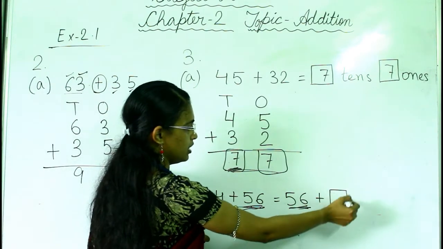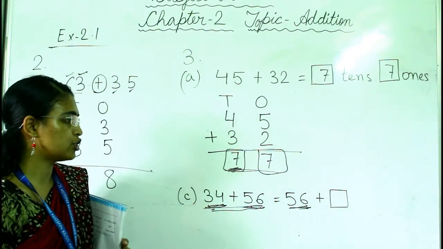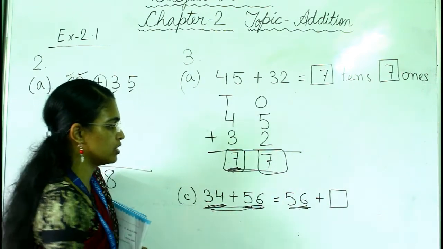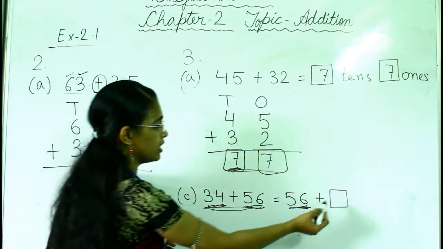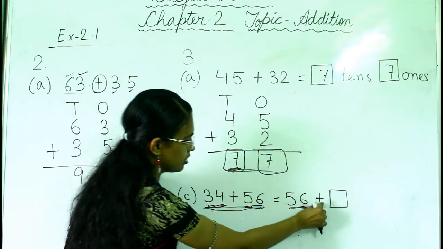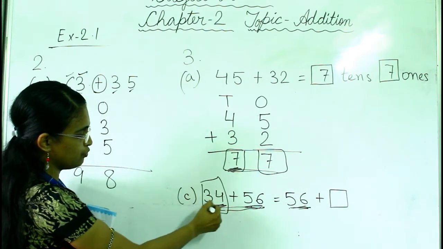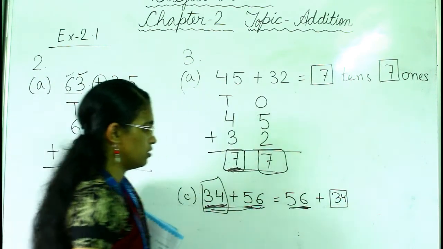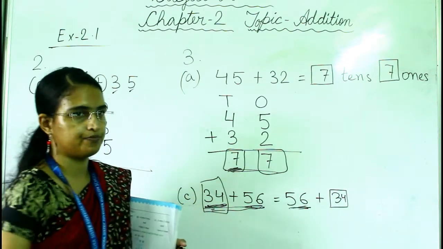and here we have a box. So in second position, if we change the place of the addends, and we have written 56 in the first position on this side, what will be there in this box? 56 we have written here, plus we have given here, then which one is left? This addend, right? 34 is left, so we have to put 34 in this box. Okay, so in this way you have to do this type of sums.